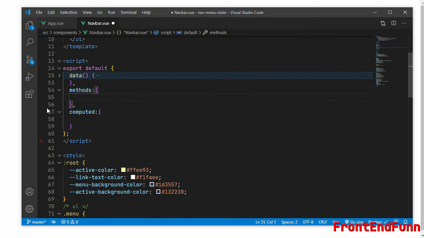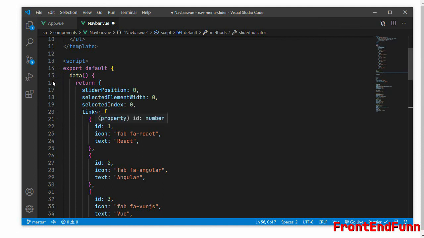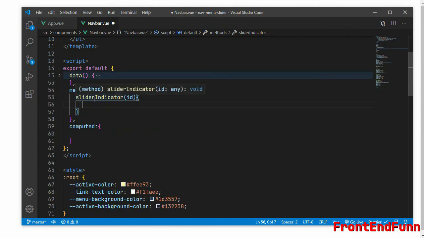Okay, so inside the methods we'll be having a sliderIndicator, a function which receives the ID, that is each link is having an ID. As you can see inside the data we are having an ID, so this will be received when the user clicks on that particular li. Okay, so let's console log this,